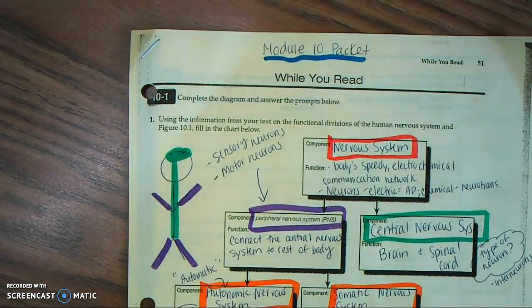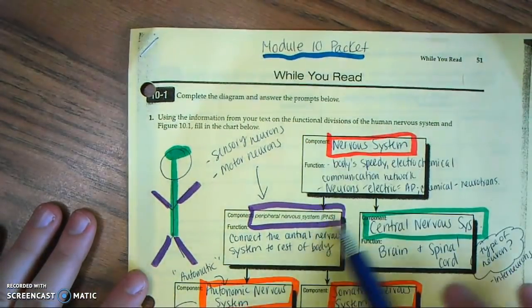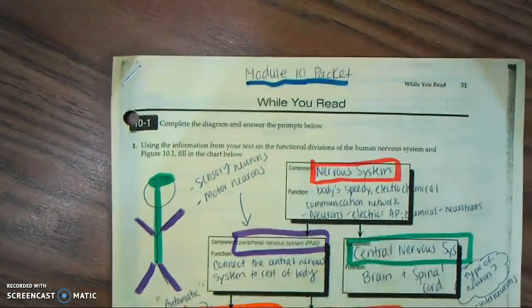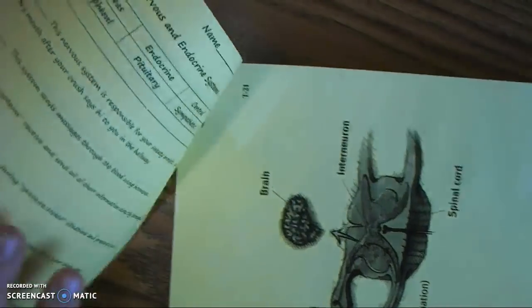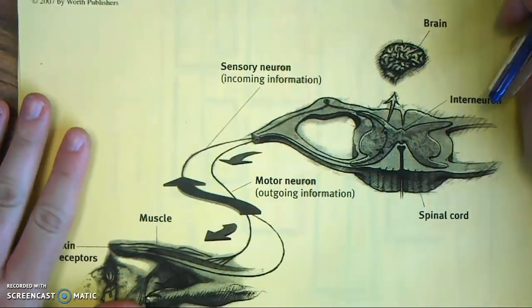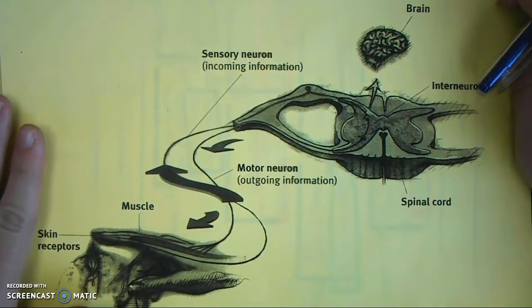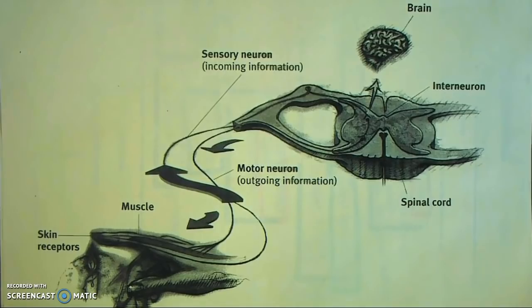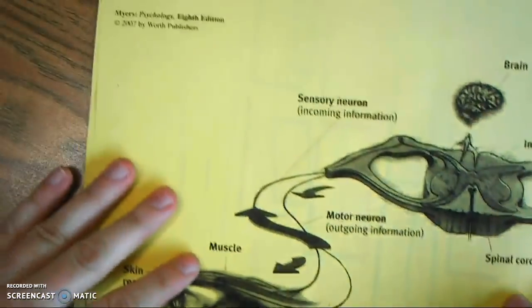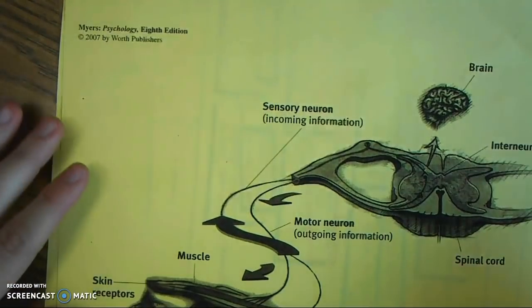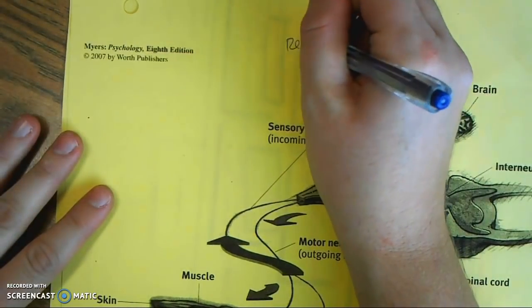This is your Module 10 packet. We already went through the different parts and divisions of the nervous system. So you're going to flip in your packet to the very last page. It looks like this. And we need to talk about what a reflex is. So we'll move this a little bit. So when we talk about a reflex,